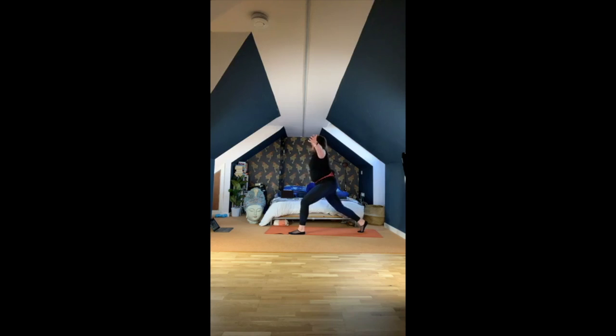So almost back to the beginning, but we're in lunge. Lean, reach the arms back. Bend the back knee, arms up. Lean. One more here. You're going to step that left foot forward. Keep the arms lifted. Remember, arms can be wide. Right leg takes that step back. Good. Bend the back knee